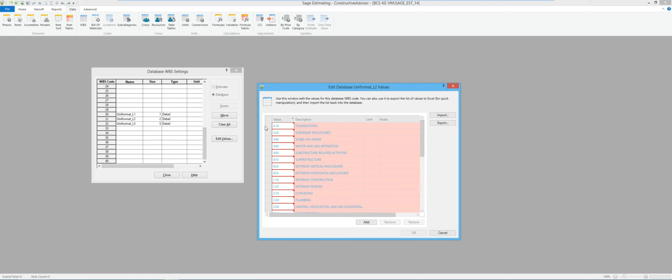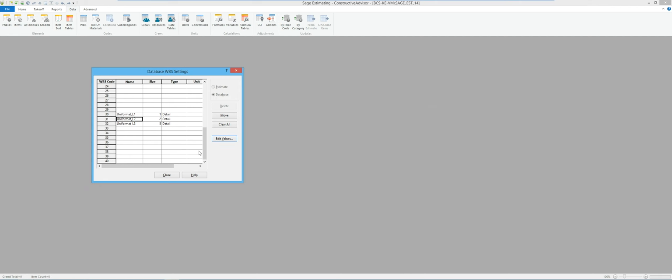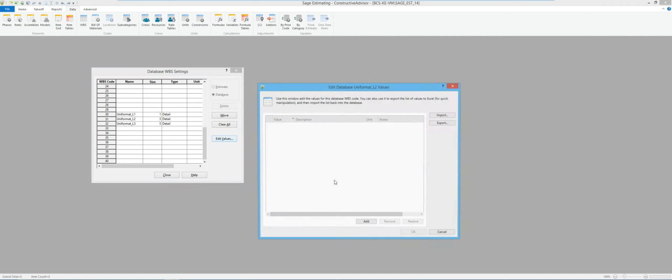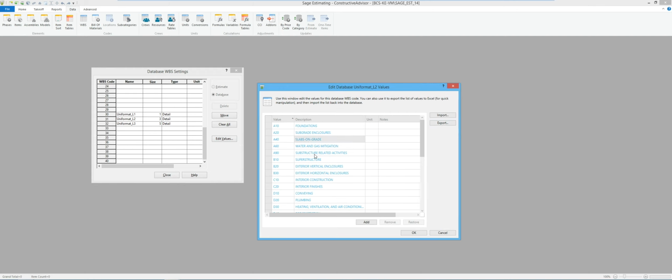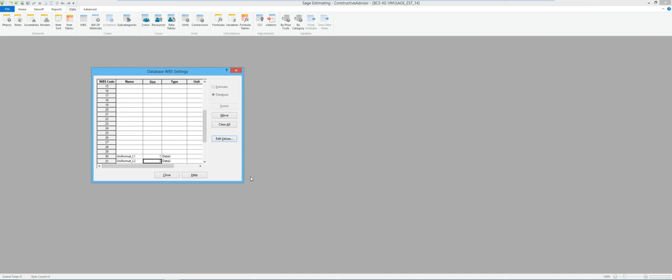Except I messed up because I said that this was going to be 2 characters and I just jammed 3 in there. So I'm going to go ahead and hit cancel, change this to 3. And I'm going to turn around and bring it back in. Okay, that looks like everything's blue instead of red this time, so that looks like a good list. And we're going to do it one more time for the 3rd level.